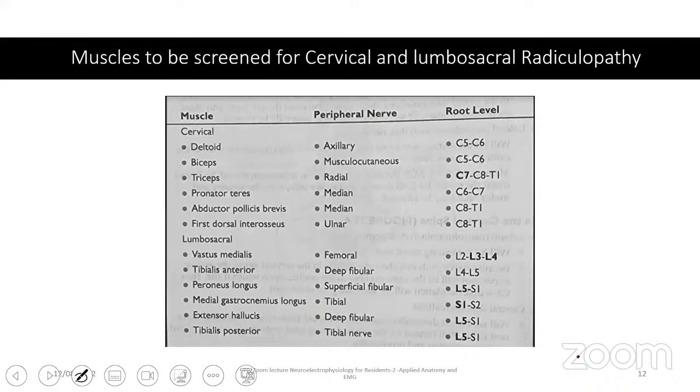That is deltoid, which is innervated by axillary, C5, C6, biceps, musculocutaneous, C5, C6, radial, triceps, C7, C8, T1, pronator teres, median, C6, C7. This is one of the median muscles that is innervated by the C7 root. Abductor pollicis brevis, that is median, this is T1, mostly. First dorsal interosseous, ulnar, C8. These are the muscles which we target in the upper limb and study various roots, C5, C6, C7, C8, T1. And the lumbosacral